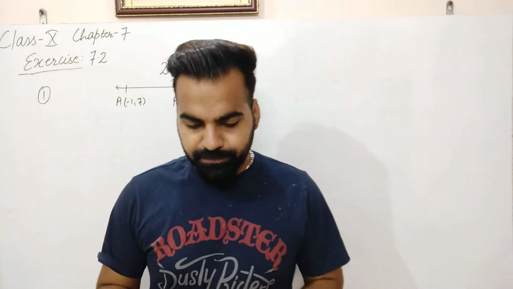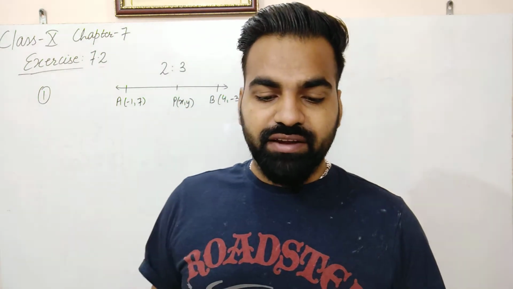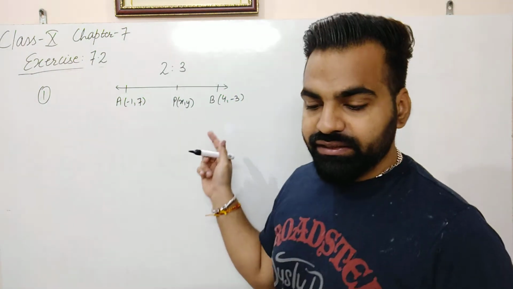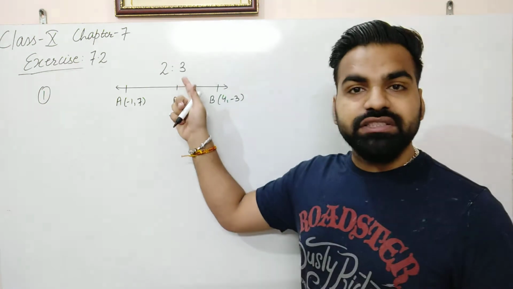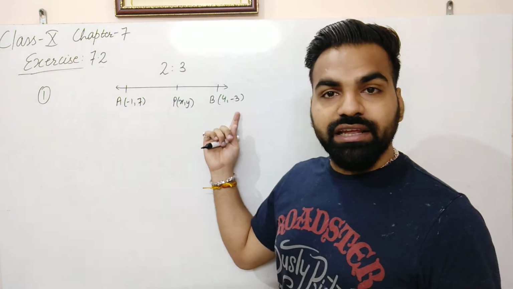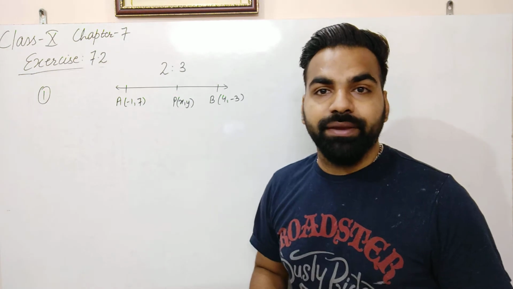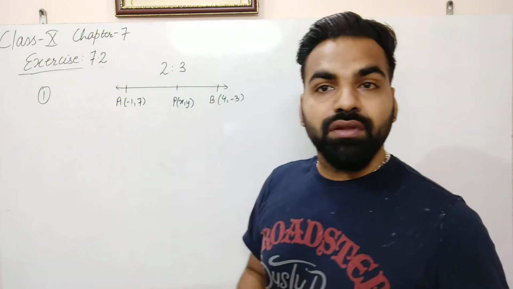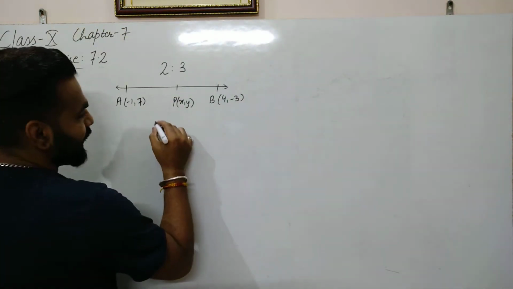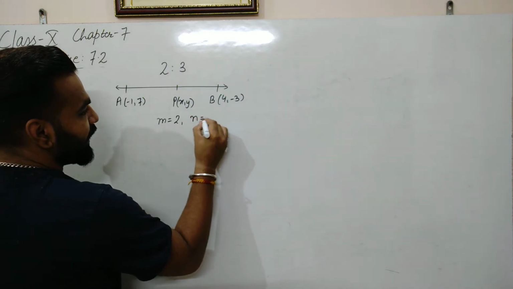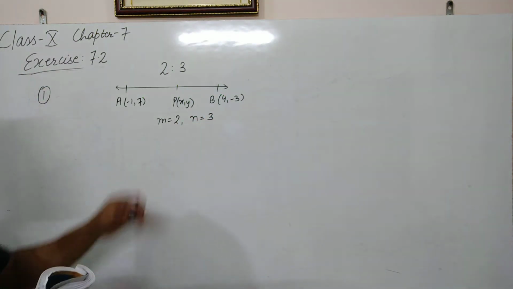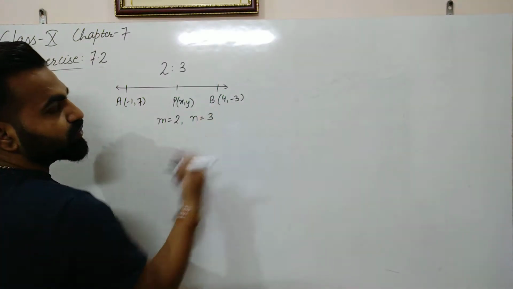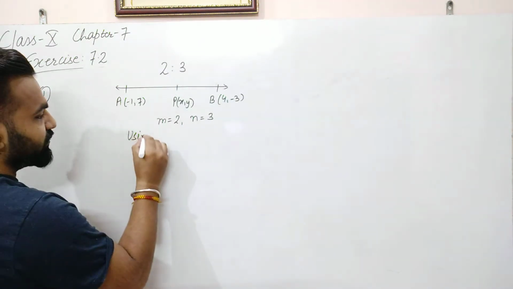Now we will start exercise 7.2. See question number 1. Find the coordinates of the point which divides the join of (-1, 7) and (4, -3) in the ratio 2:3. The endpoints are given, so we have to find the coordinates of the point P which divides the line joining these two points in the ratio 2:3. So the ratio is 2:3, that means m is equal to 2 and n is equal to 3, because we suppose that the ratio is m/n. This is x1, y1, this is x2, y2. So using the section formula,